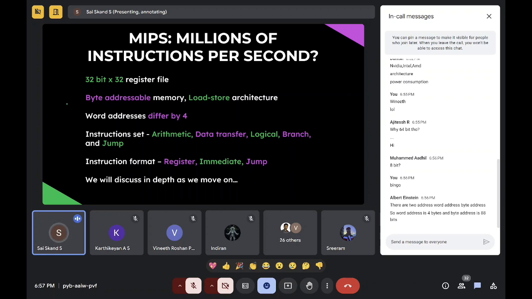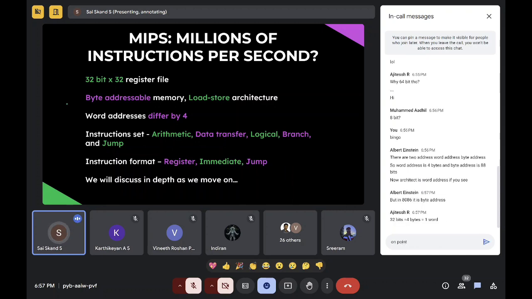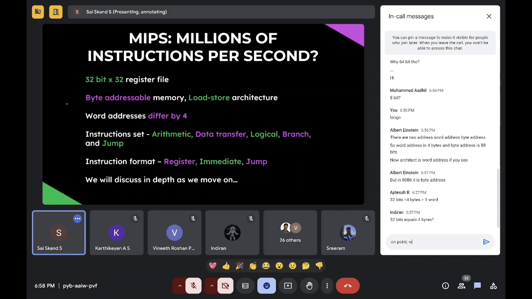I guess you're all understanding a basic gist of it. That would be enough. You'll be learning more about this in your upcoming course. Yes, exactly. That is why we have the difference by 4.